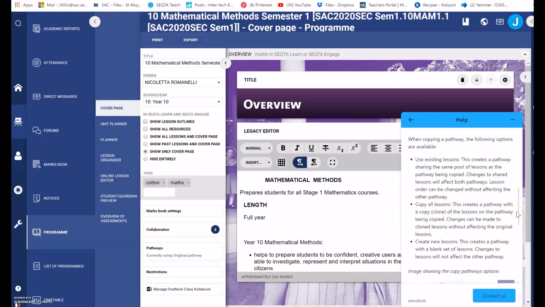This creates a pathway with a clone of the lesson on the pathway being copied. So basically it's just taking the lesson and cloning it. Now changes won't affect the other person. So here, if Tom decides he'd like to make a change to lesson 4, it's not going to affect Nick's